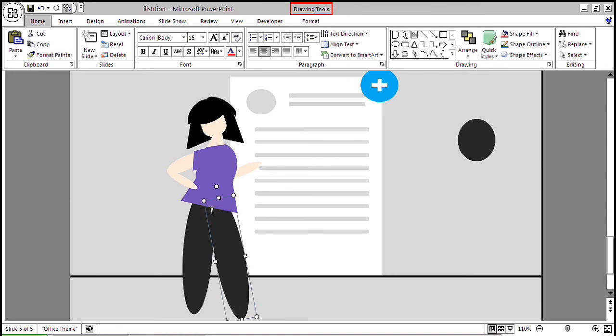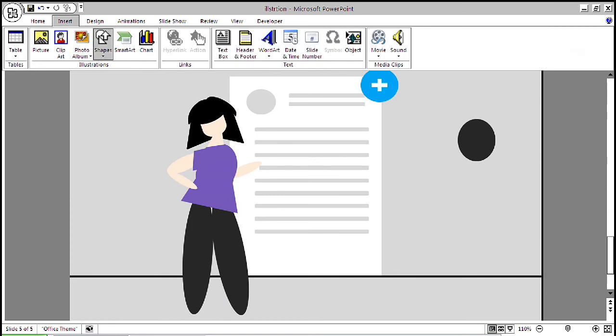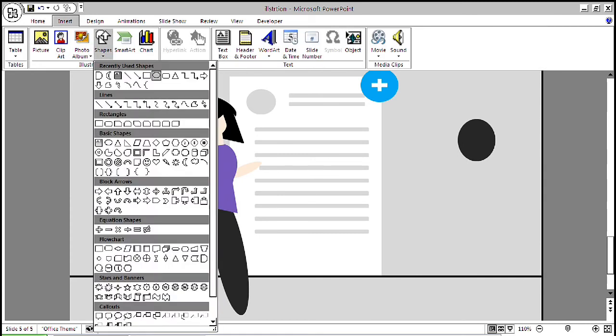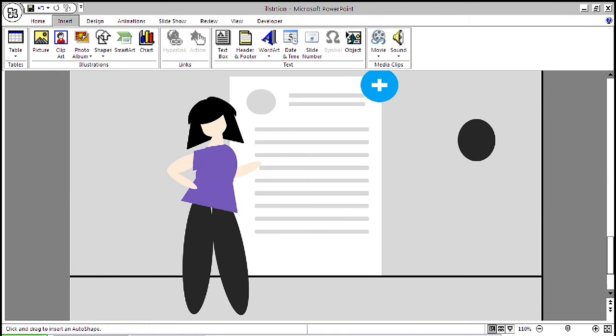Adjust the figure a little bit. Adjust the legs. To make these legs, you have to take the oval shape and stretch it a little bit.